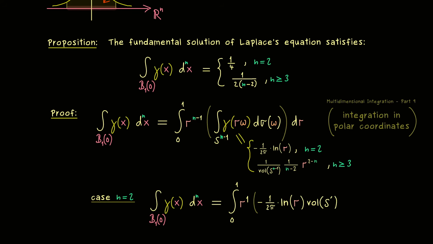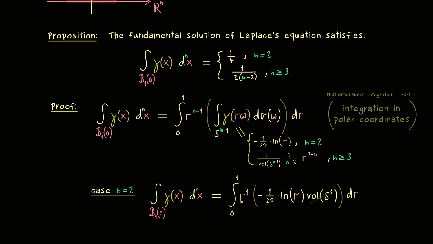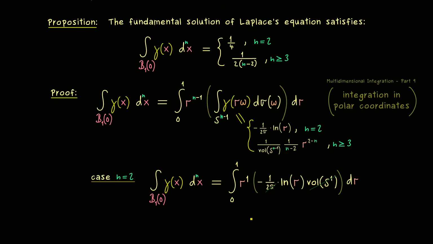So in the first case, this means we have the volume of S^1. And as discussed before, this should immediately cancel with our factor 2 pi there. So the only thing we have to integrate here is r times the logarithm of r. And now you should recall your real analysis knowledge, because r times the logarithm of r is actually a bounded function on the interval from 0 to 1. So for example, for calculating the limit going to 0, you can use L'Hopital's rule to show that this limit